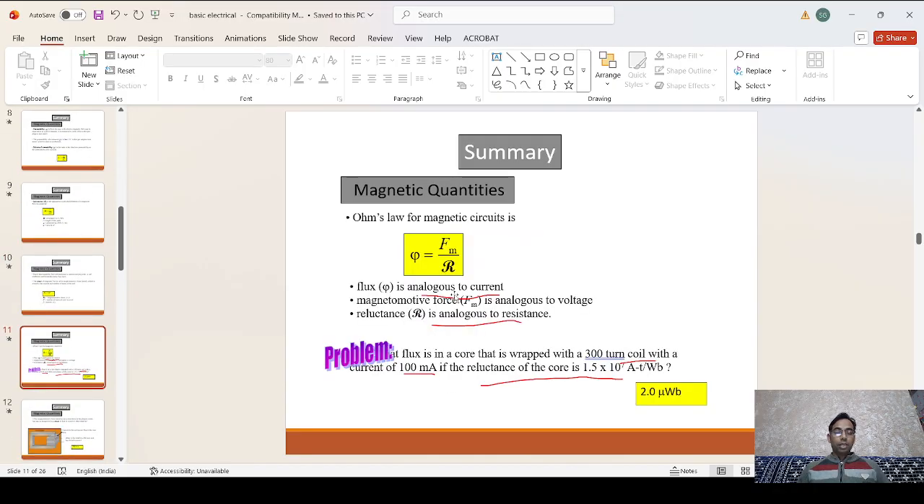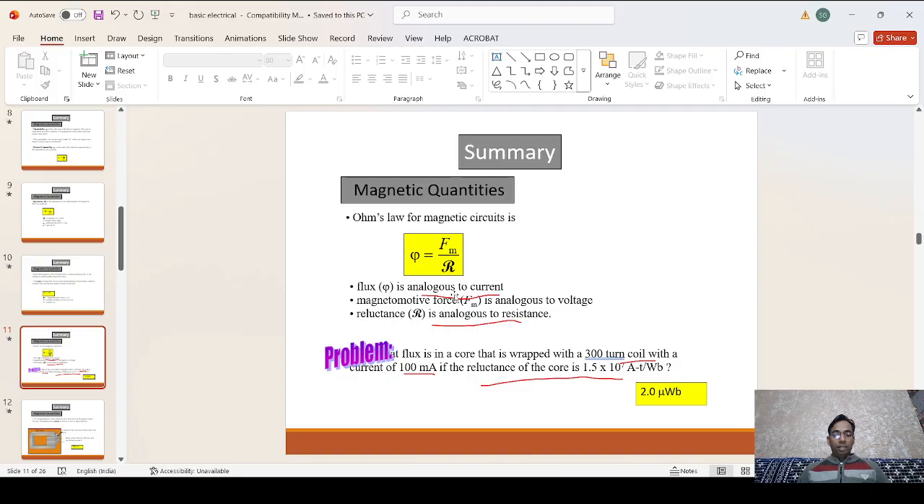Just like Ohm's law, for the magnetic circuit, phi equal to Fm upon R, like the current I equal to V upon R. So similarly, flux equals magnetomotive force Fm upon reluctance. It is the analogy of the electric circuit: the current is directly related to the flux, MMF is analogous to the voltage and reluctance is analogous to the resistance. So we can compare here